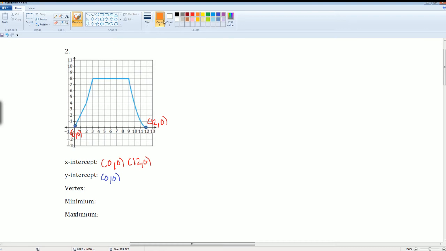So there is no vertex, so therefore there is no minimum. Hence, there is also no maximum. Okay? A lot of people think these are your maximum. Is it? It would be a single dot, but here you can say that the